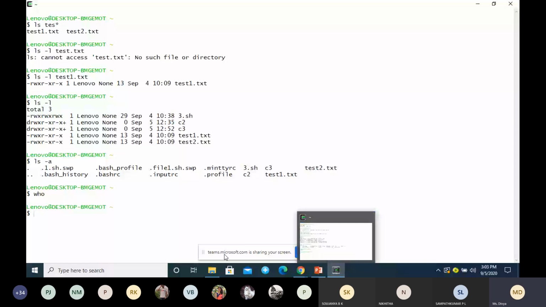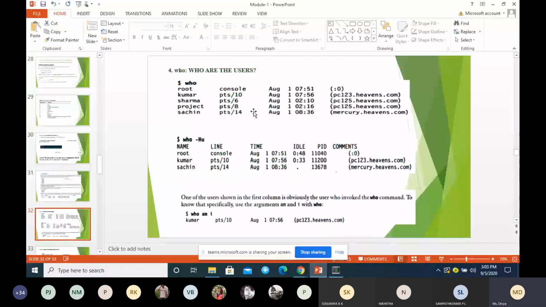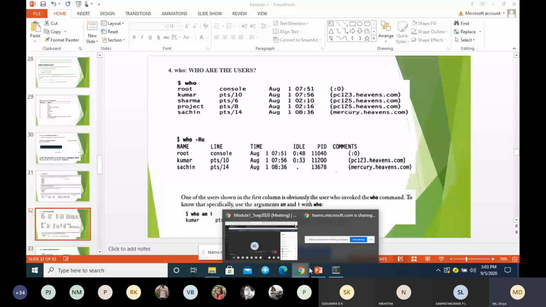Here it will not show, for security purposes, but if you are using Ubuntu, you can execute this command. Online, they will not show the information.